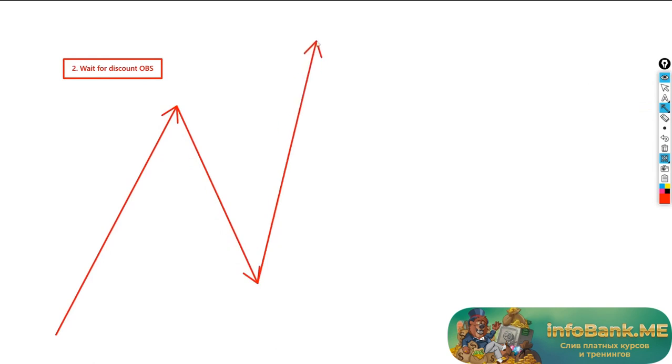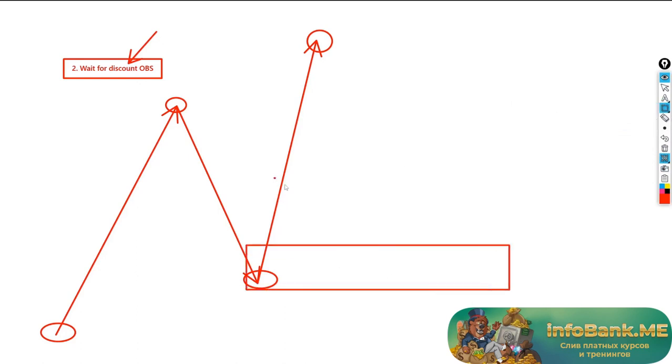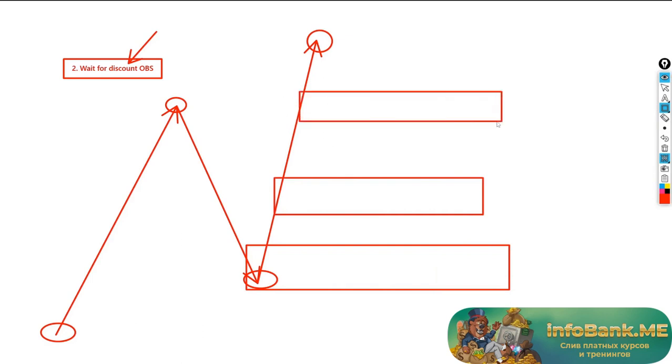Right? And we're going to be doing an example over here, pretty basic. Let's say we have a leg up, a leg down, a leg up, and a potential bullish structure occurring. As a general rule of thumb, once again, you want to wait for those discounted prices, which means waiting for points of interest that are as close to the origin as possible, and avoiding those that are not at discount areas and can potentially be used to create liquidity